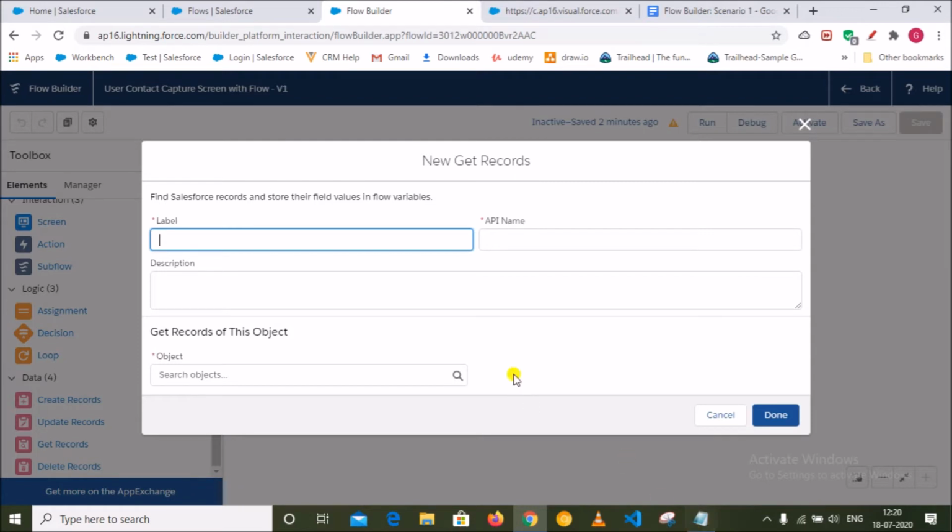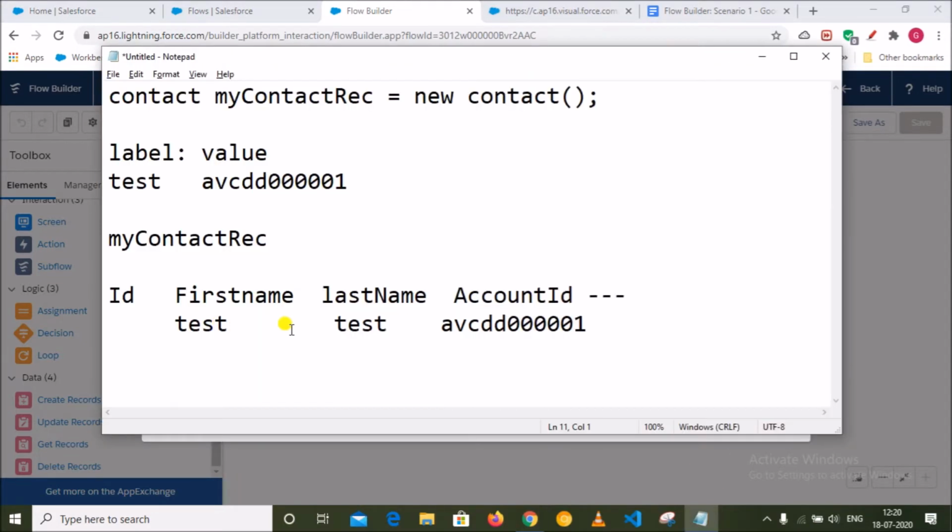So what am I doing here, let's see. The user input has given first name and last name something like that. So what I will do, I will query in my contact.